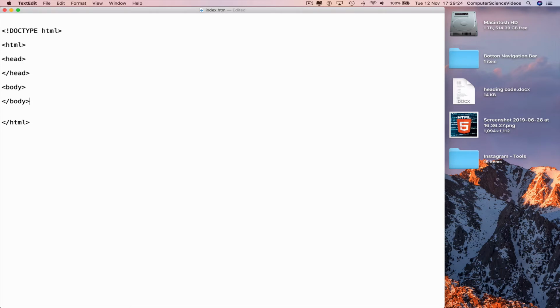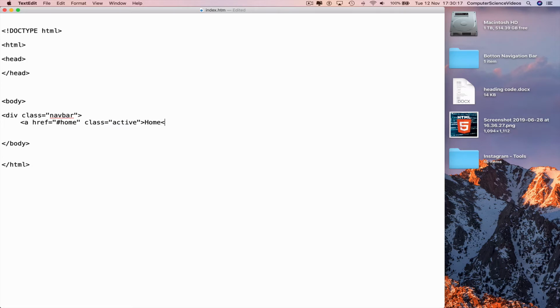So we are now ready to insert all the HTML and CSS. Go into the body, and bring in the navigation bar. Less than div class equals speech marks navbar, greater than. Go to a new line, indent, less than a href equals speech marks hashtag home, class equals speech marks active, greater than